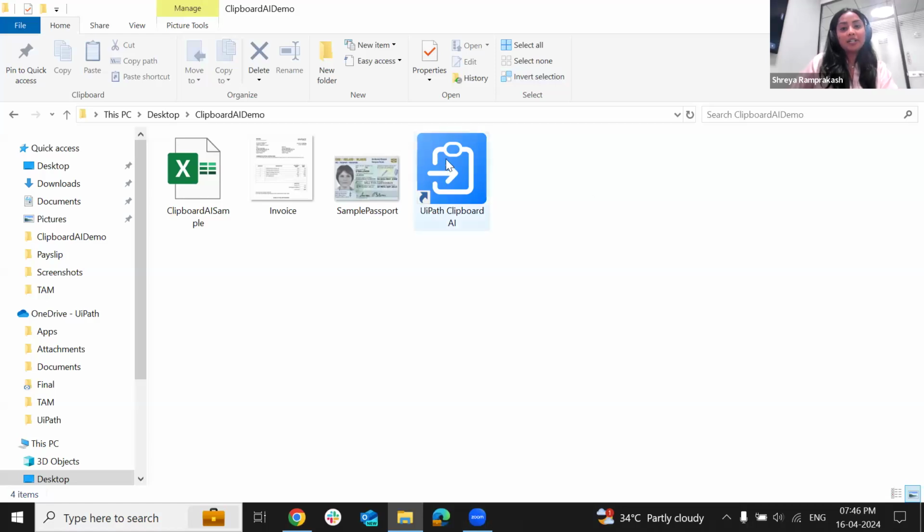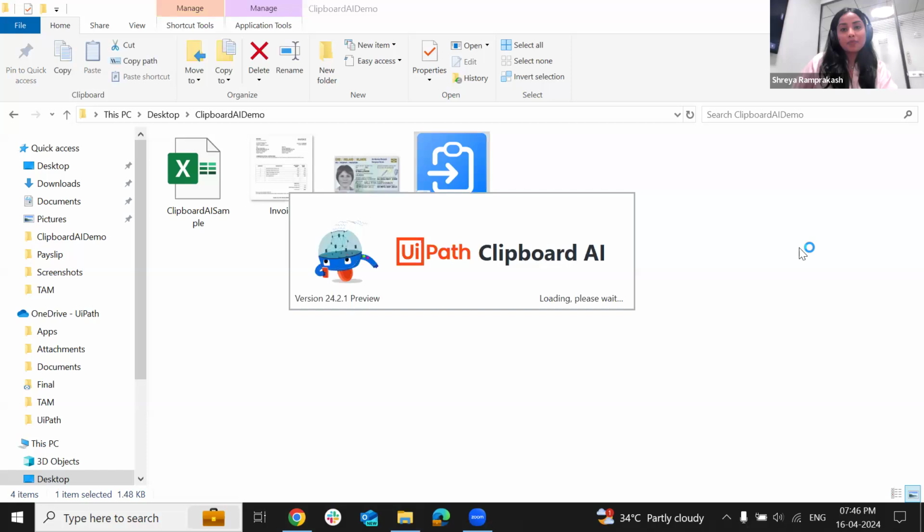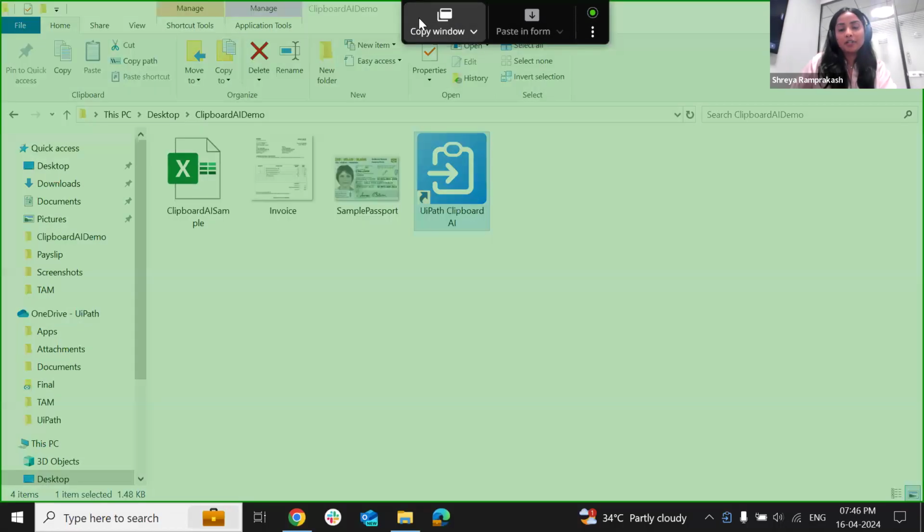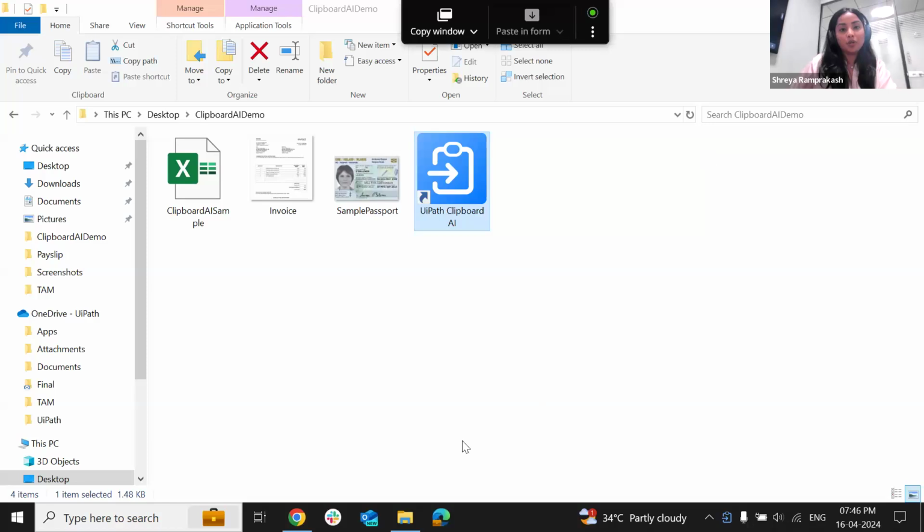Once you download it, it's only compatible on Windows. You would have this blue icon, just click it. Then you would have this small black widget over here. Once you hover on these three dots, these two options come up, and you could go ahead and start copy and pasting what you want.